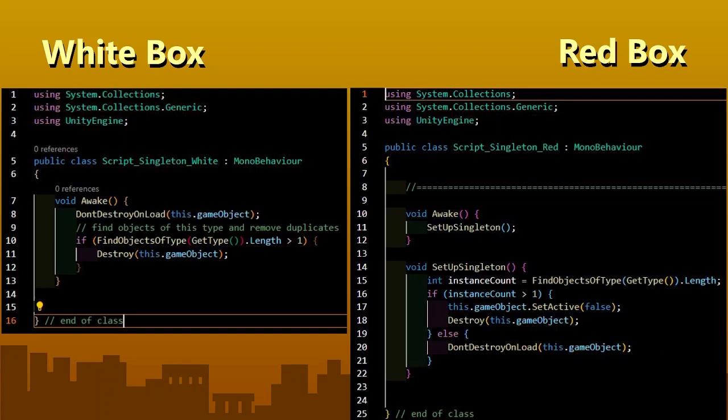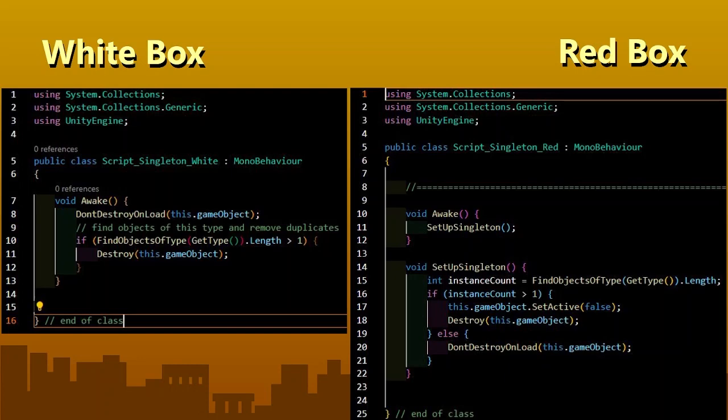So what have we changed here? The first change is we have introduced a new variable called instanceCount. Okay, and we essentially store the output of the function FindObjectsOfType. So the output was an array. We're getting the length, actually, of the array. For example, if there are 2 white boxes or 2 red boxes, doesn't matter, the length will be obviously 2, right? So we're storing this number in our instanceCount, which means if we have 2 red boxes, then we have 2 instances, right?